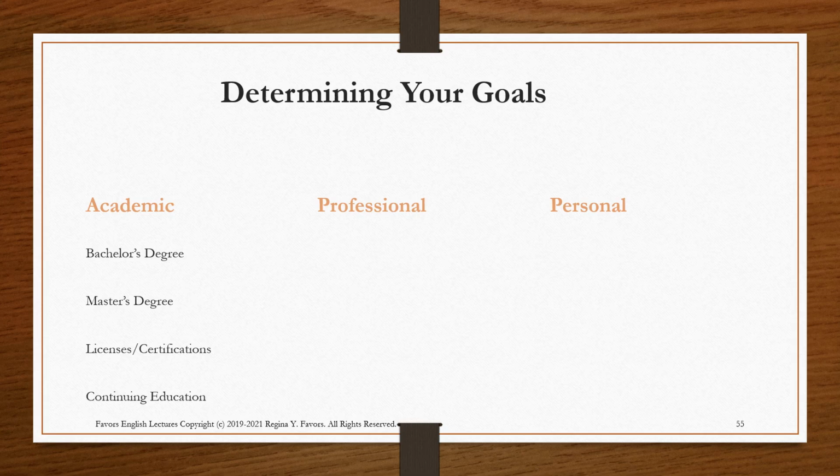Some fields only require the bachelor's degree and maybe a few continuing education courses or like a licensing. So for instance, for accounting, you might just need the 4-year degree plus the CPA license, and that might be fine. Of course, if you ever decided to move up the corporate ladder and into an administrative position, you will need an advanced degree, usually an MBA. So you have your bachelor's, your master's degree, any licenses or